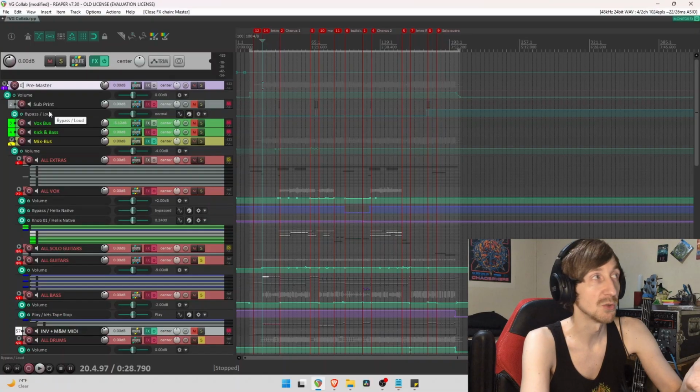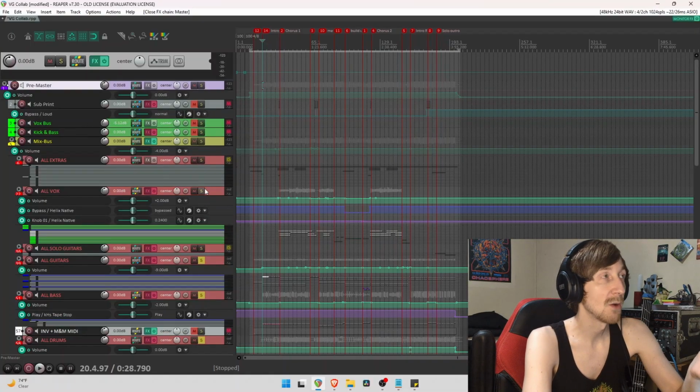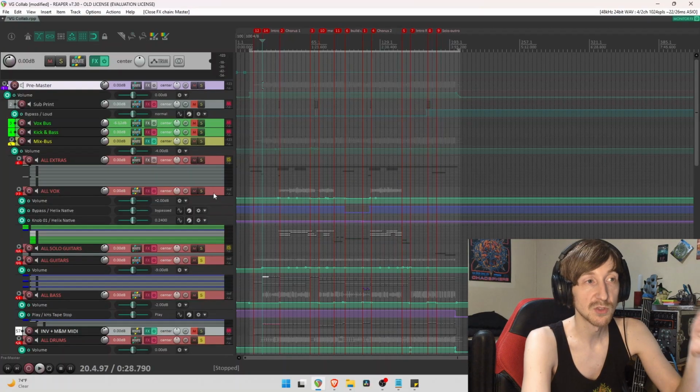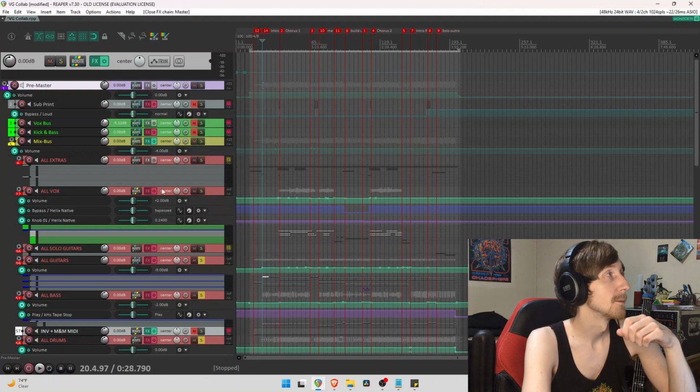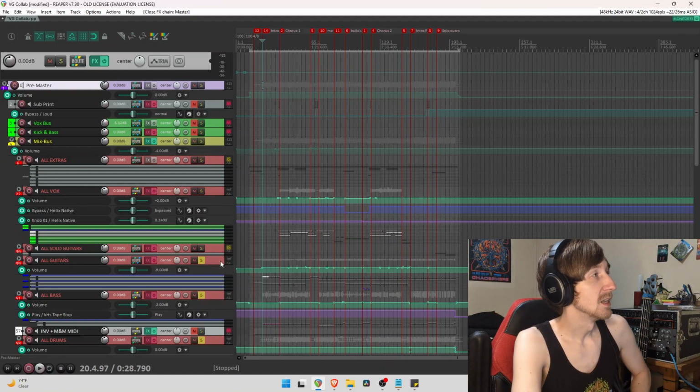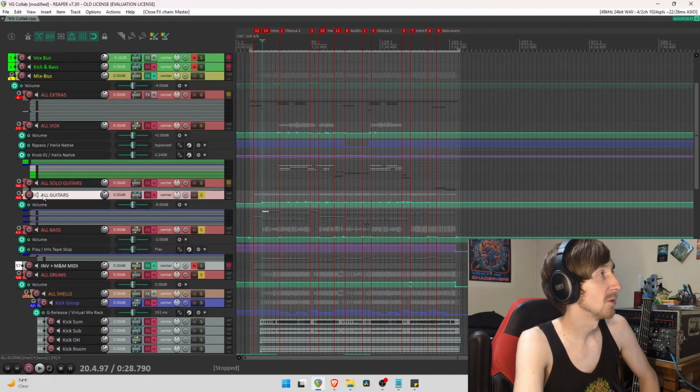I know where to find every tool that I want, and all of the routing, all of the sidechain stuff, like none of that has to be set up, or at least very little of it has to be set up. All of my go-to mixing moves are easily available, so that I can just be creative as quickly as possible. So what we're gonna do is we are going to play the mix with all of the plugins turned